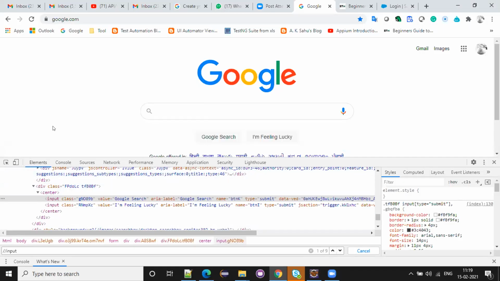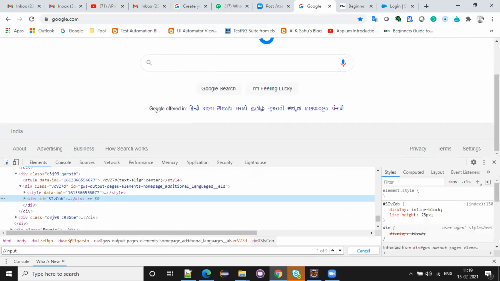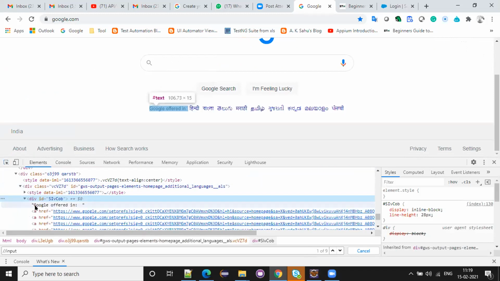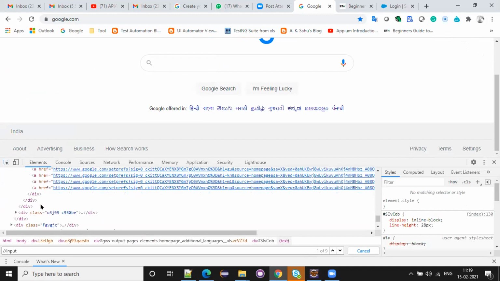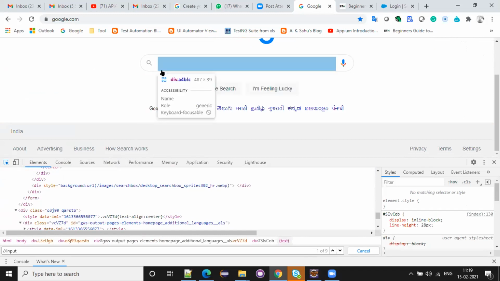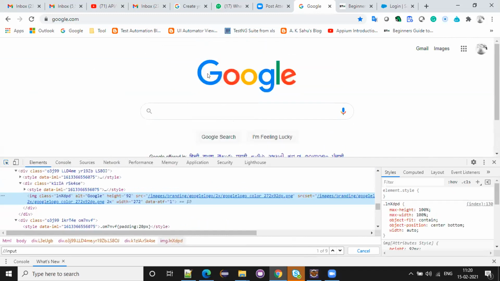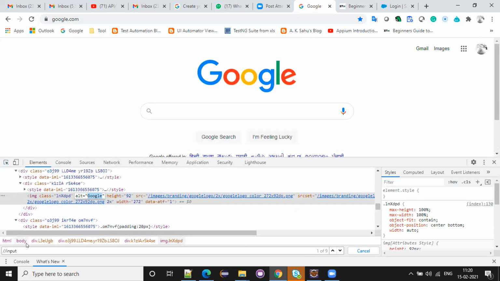Text, right? So I want to use text. See here. So Google Alt. Okay, we'll try like this. Okay, image. What is this? Tag name image.